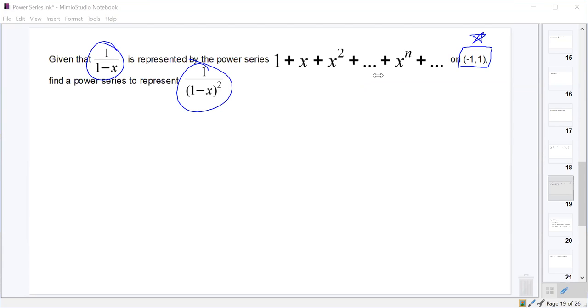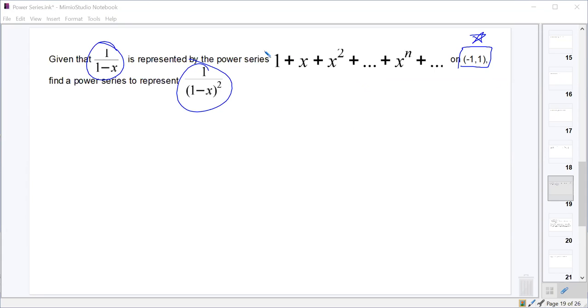Let me see. Lots of you have said things here. One's the square. Okay, yeah. So the bottom one is the square of the other. That's true. It's self multiplied by itself. Those are all true things. I agree. But that doesn't necessarily mean that. I mean, that would mean that we would have to